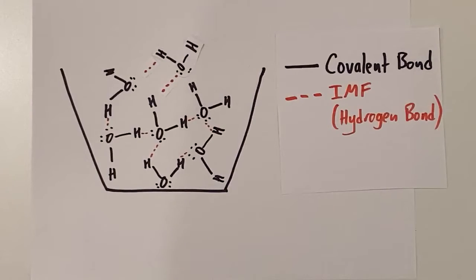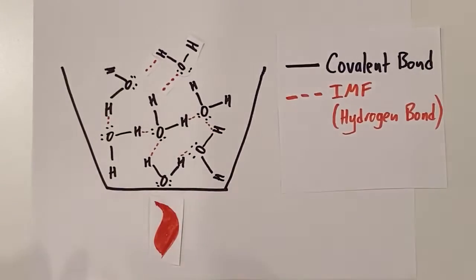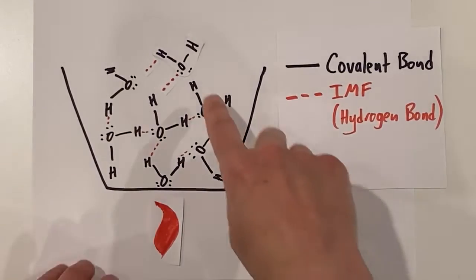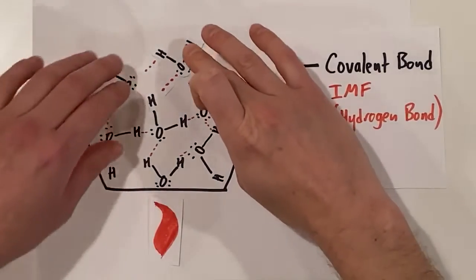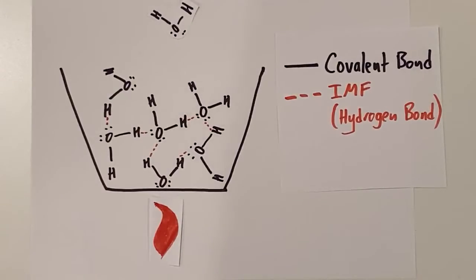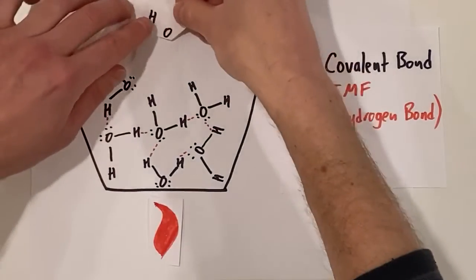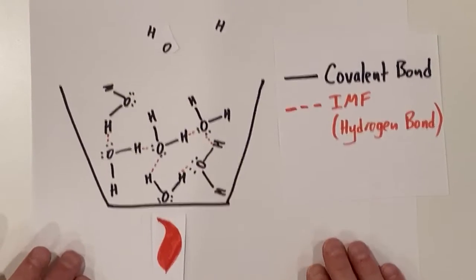So if we were to add some energy, like a flame here, we might cause the water molecules to go into the gas phase. So the question is, would the water molecules go into the gas phase looking like this, or would they go into the gas phase and separate out like this? What's going to happen? So let's make an analogy and think about